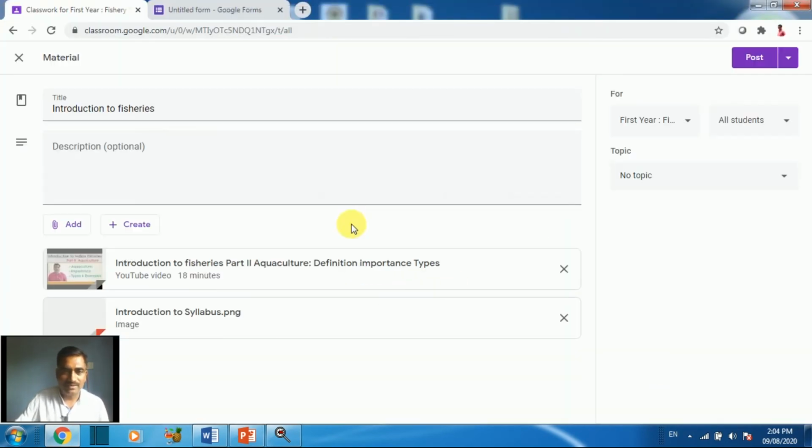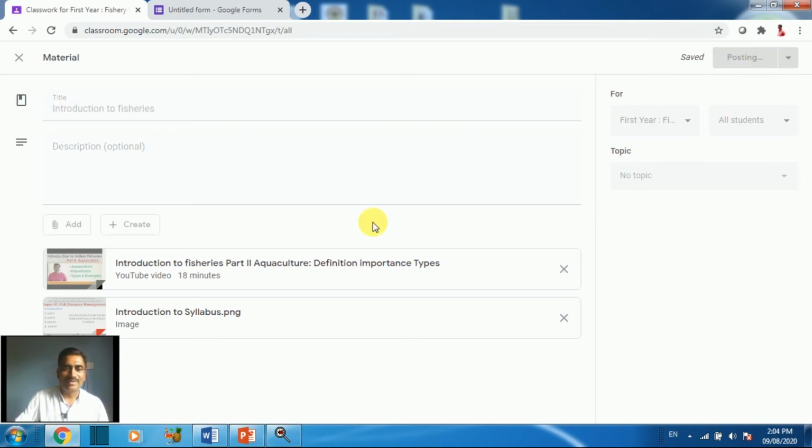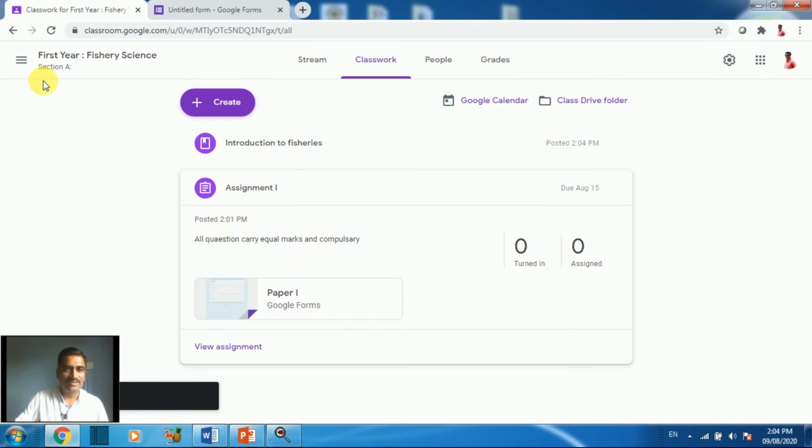The PPT will be here and we have to upload here. The material will come here like that. Any other option you have to add, you can add. Just add YouTube link or Google Drive material also, and you have to post it. The material will be posted in our class.